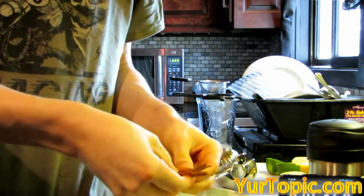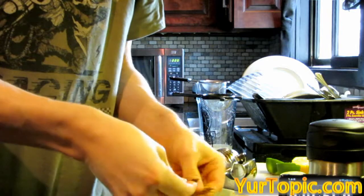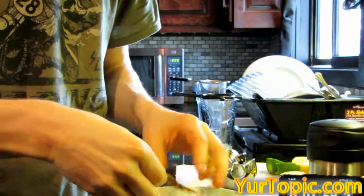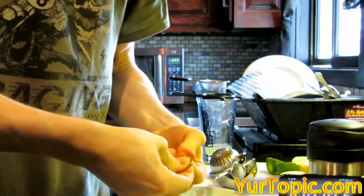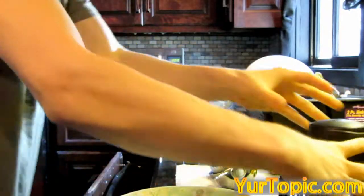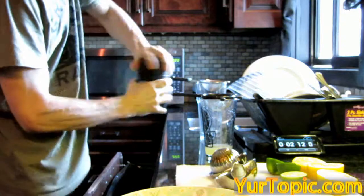Yeah, with the cinnamon stick, I just break it up in little pieces. And then the same thing with the reishi slices. Just break them up too. Okay, that's been over 2 minutes now. I'm going to put this first infusion